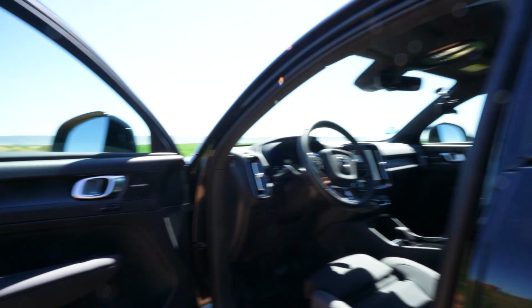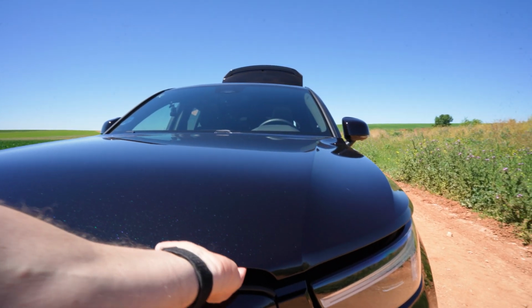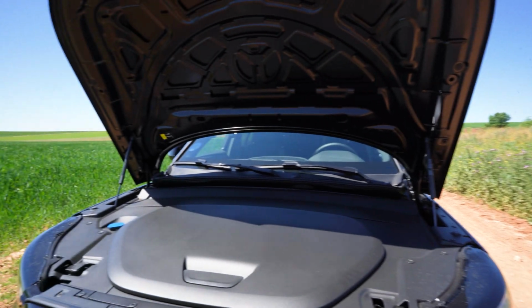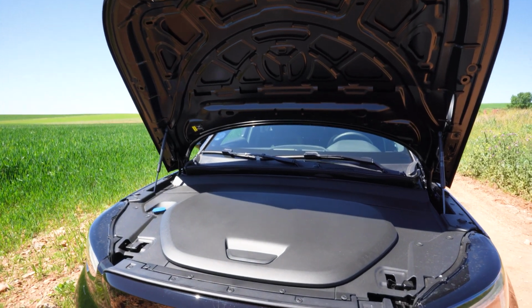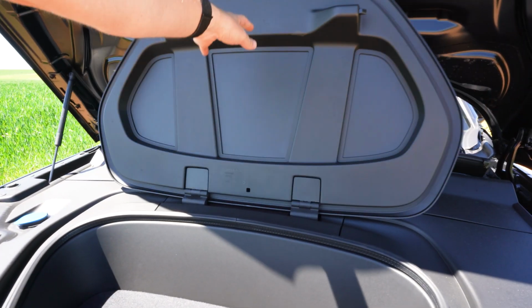So let's see. In order to open it up, we have to go inside. We have to pull this lever here. And then we go into the front where there's a little thing to push up there. And lo and behold, we have a plastic cover. Getting excited for this. And indeed,